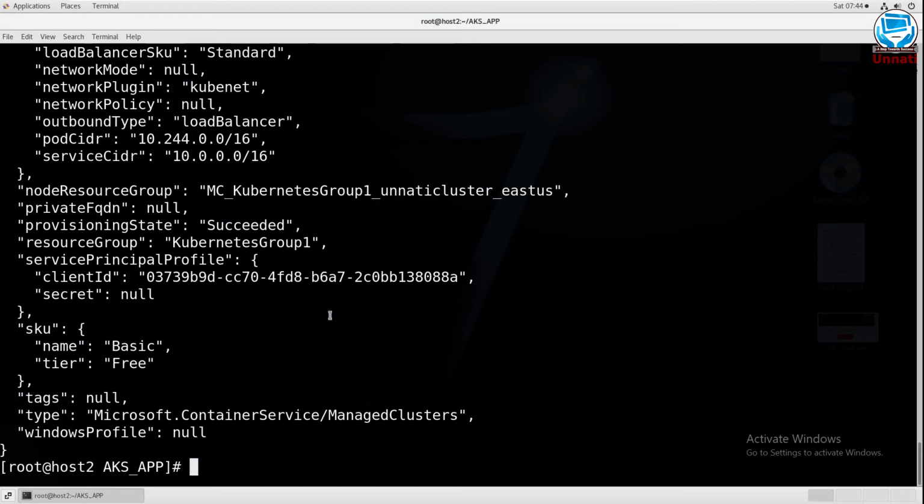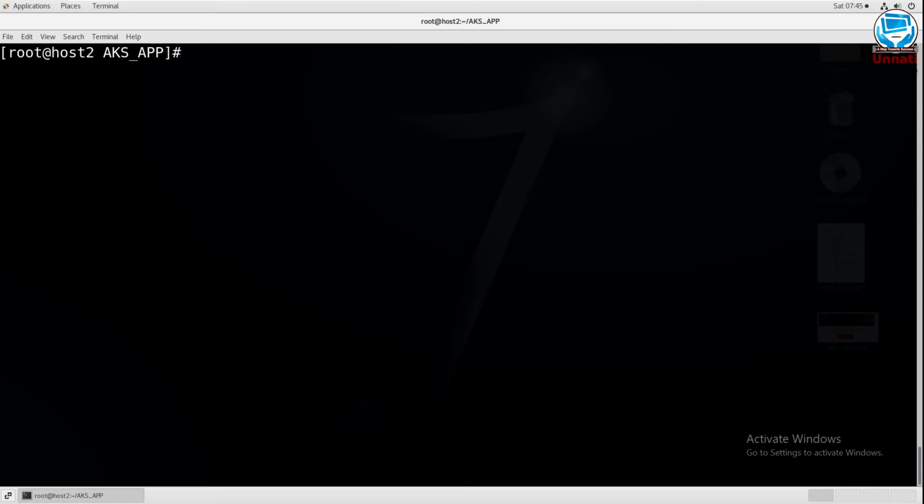Congratulations, your AKS cluster is ready, but in order to access it, you need two things. First, you'll need the kubectl command, and the second thing is you'll need credentials of your cluster.